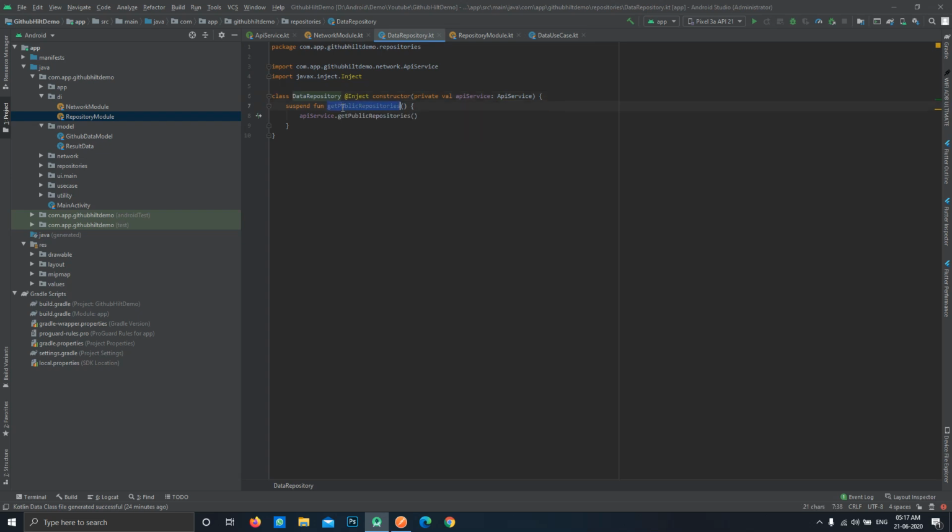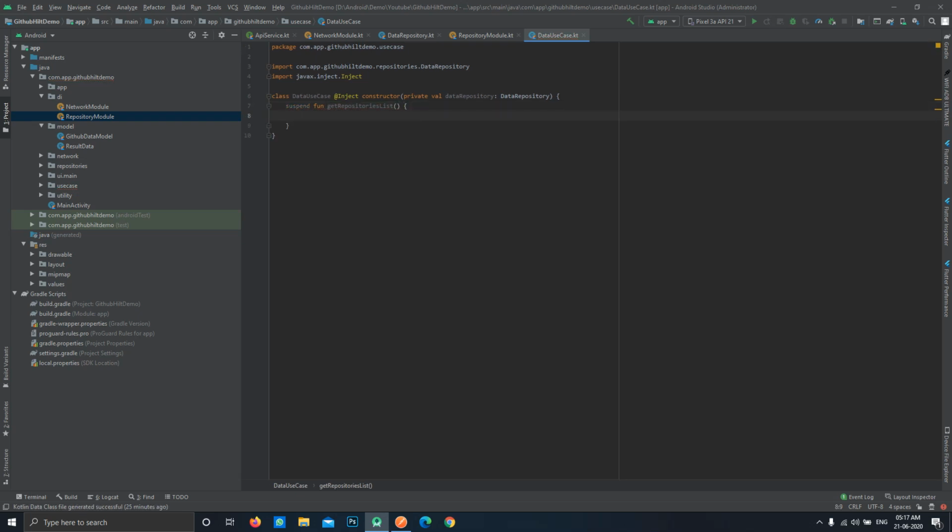In our case we'll be calling this function, and this is a suspend function, so the calling function should also be a suspend function. Let's create a suspend function and name it get repositories list.